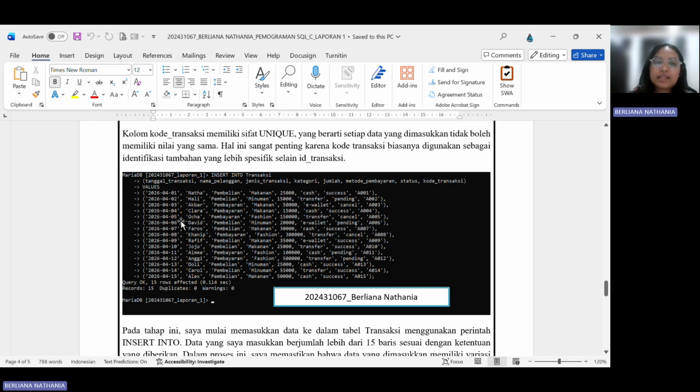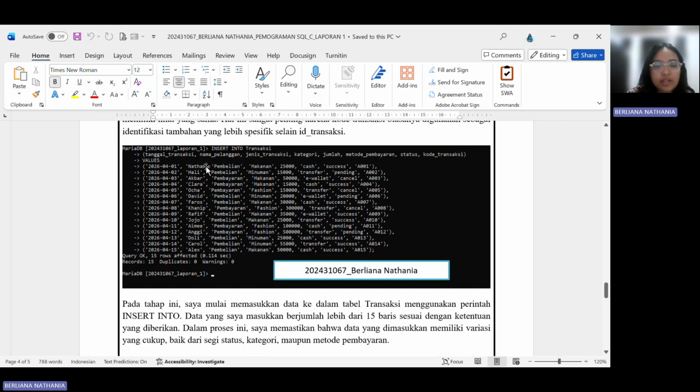It must have 15 data, so I made 15 names, 15 kategori, jenis transaksi, metode pembayaran, status, and then kode transaksinya. This query is used to add the data into the table. I insert 15 rows with different values. I made sure the data has variations like different status, different category, and different metode pembayaran.